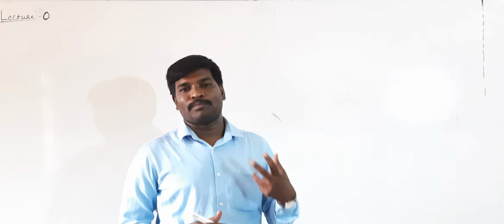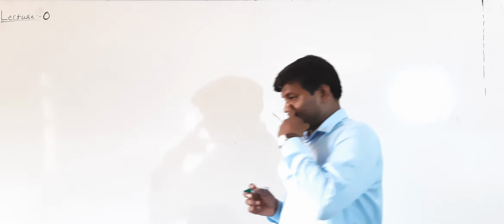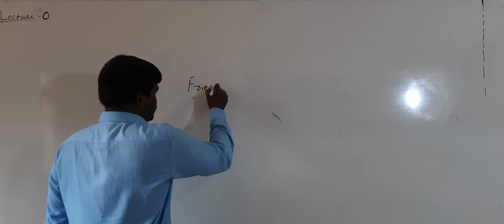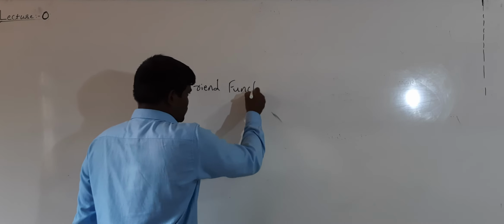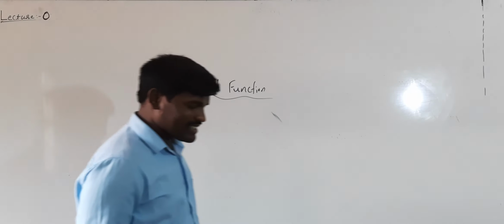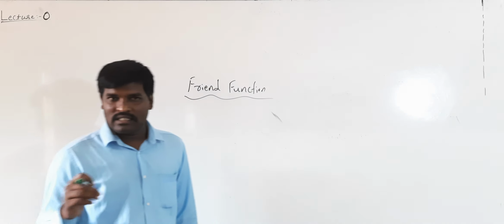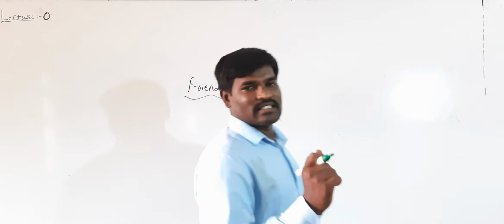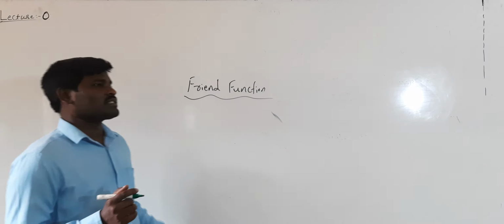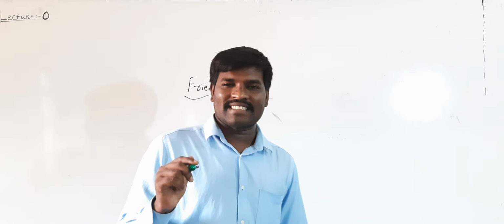So these two are the important topics in function overloading. Now we have to discuss friend function. Friend function is the last topic of function overloading. The function overloading chapter consists of only 3 topics. First is function overloading with example. Second is inline function, advantages, disadvantages and example. And third is friend function. This chapter carries 5 marks, and we directly get 1 question of 5 marks in the final examination.